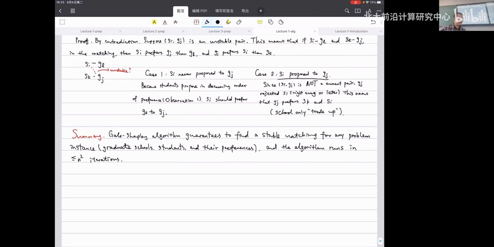So we are going to make a summary here. This finishes the discussion about the stable matching problem and the corresponding Gale-Shapley algorithm. This is a showcase, a toy problem that we are going to study in this class. In this class, we are talking about algorithm design problems. We have some models. I do believe that in the real world, graduate school application is much more complicated than this problem.